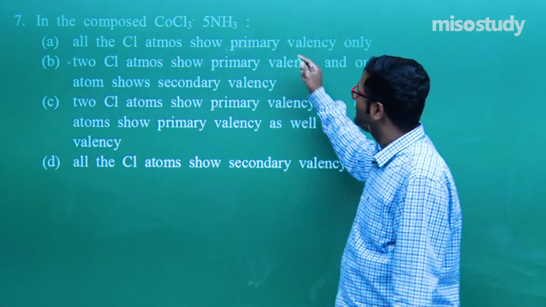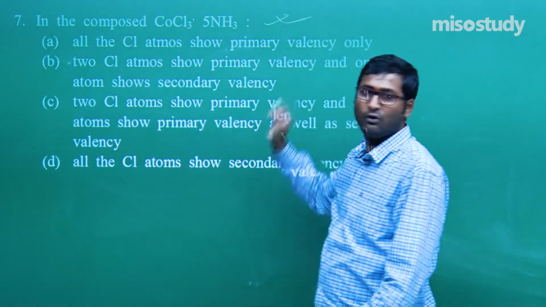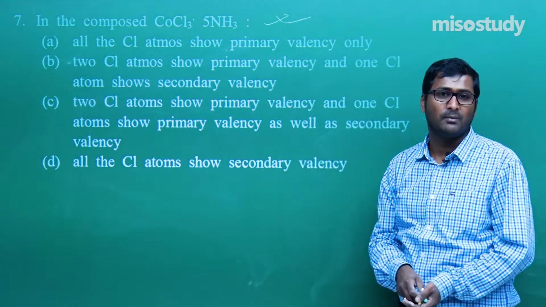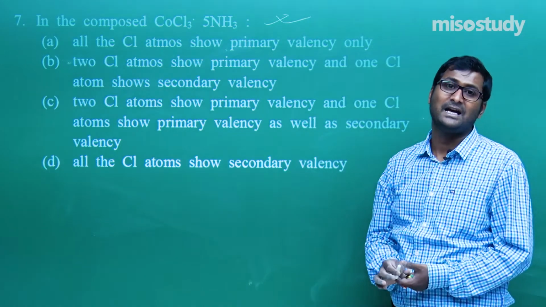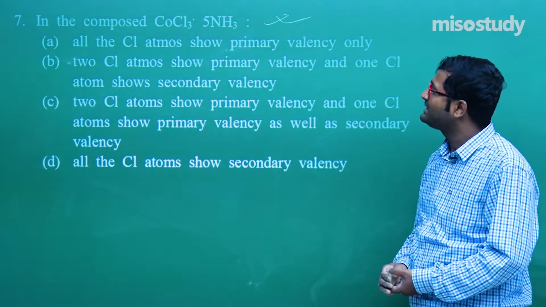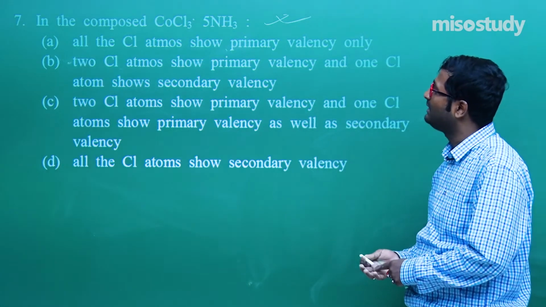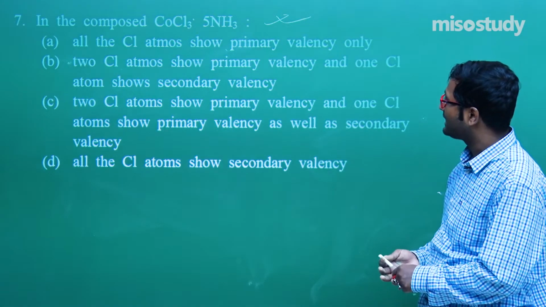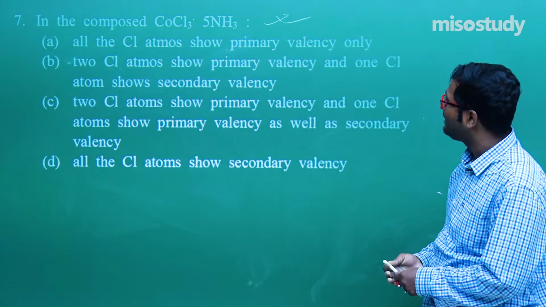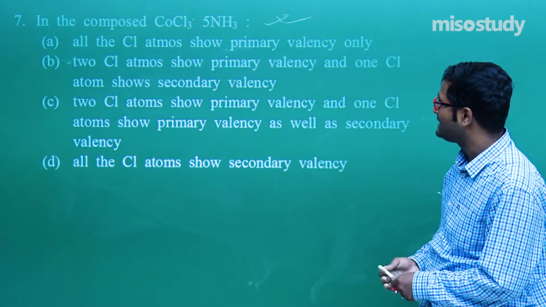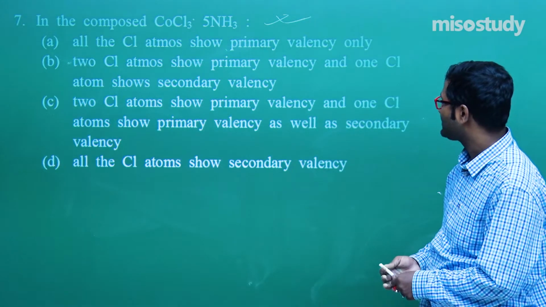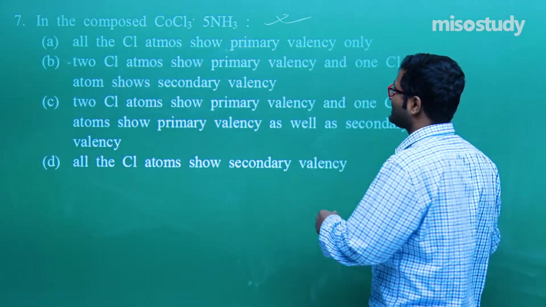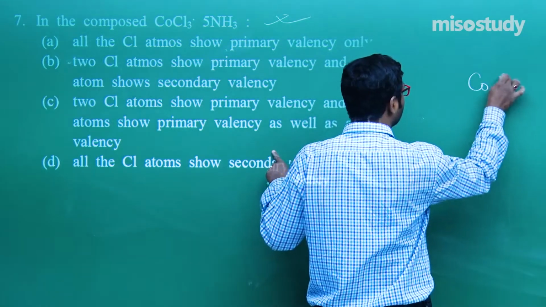I have discussed this while discussing Werner's theory. According to Werner's theory, do you remember the two types of valency, primary and secondary valency? All Cl atoms primary, not possible. Two Cl atoms primary valency and one Cl atom secondary valency. Two Cl atoms primary valency and one Cl atom primary as well as secondary. Yes, this is the correct one, because the correct representation is